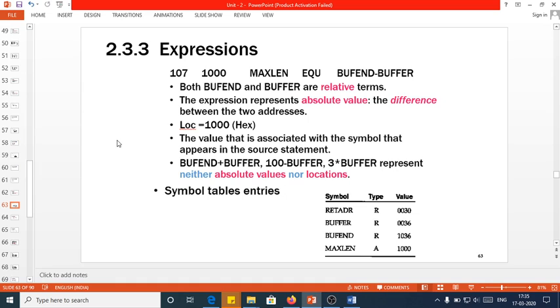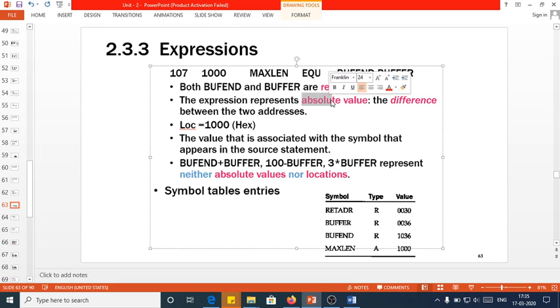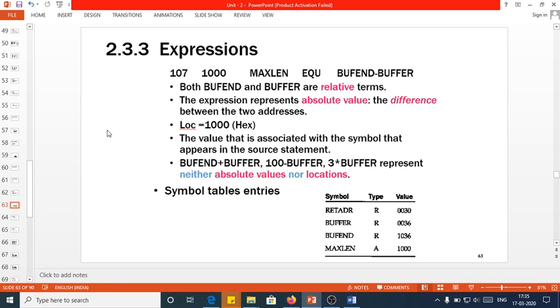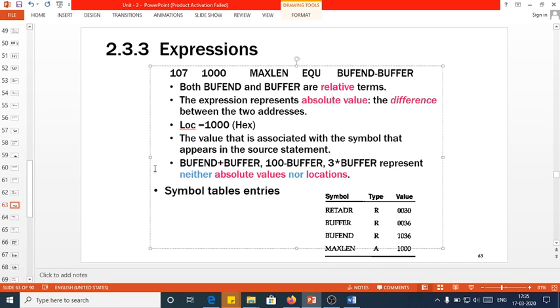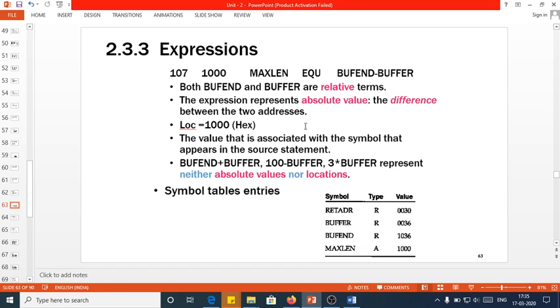But such expressions are categorized into two types. You say absolute expressions and relative expressions. What is absolute and relative? It depends on whether the resultant address is an absolute address or a relative address. Based on that, it will be classified into the two types, absolute and relative. For example, in the examples we have seen till now,